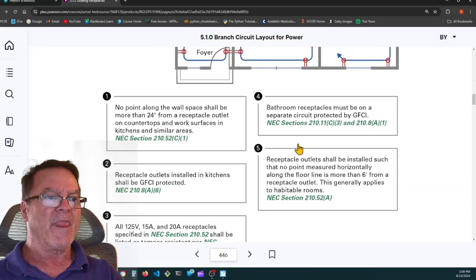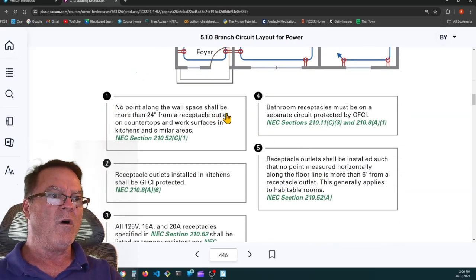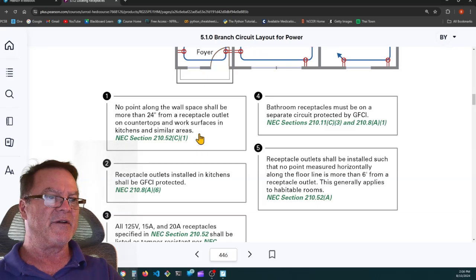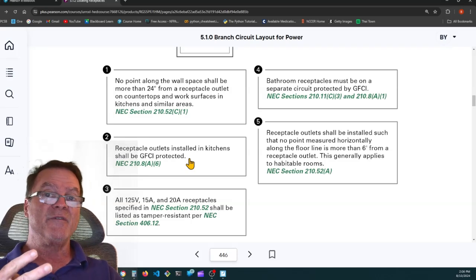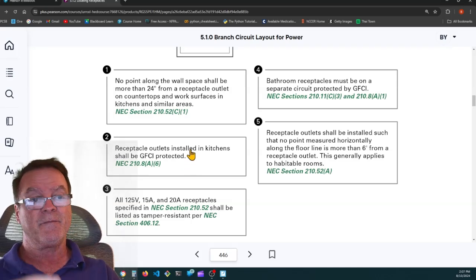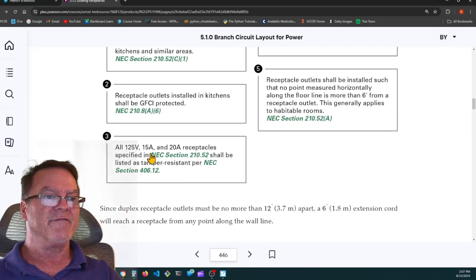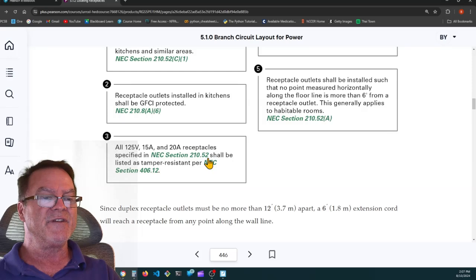Okay. So, no point along the wall space shall be more than 24 inches of receptacle outlet on the countertops and work surfaces in kitchens and similar areas. Receptacle outlets installed in kitchens shall be GFCI protected. You have to have a minimum of 2 small appliance branch circuits. All 125 volt, 15 and 20 amp receptacles specified in NEC section 210.52 shall be listed as tamper resistant per